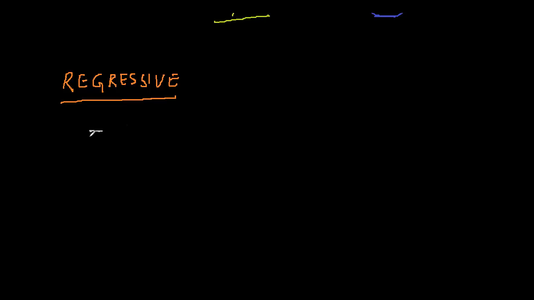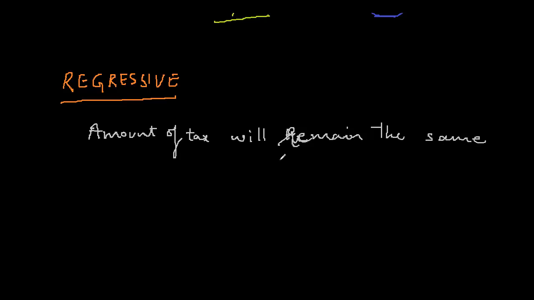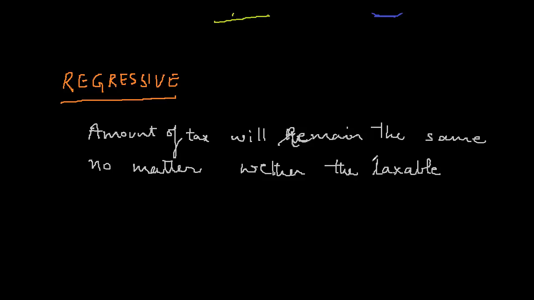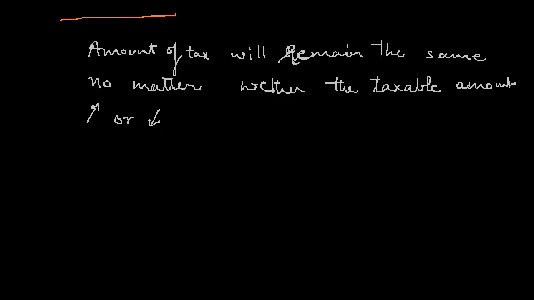The amount of tax will remain the same, no matter whether the taxable amount increases or decreases. To give you an example, let's say there are two people here,